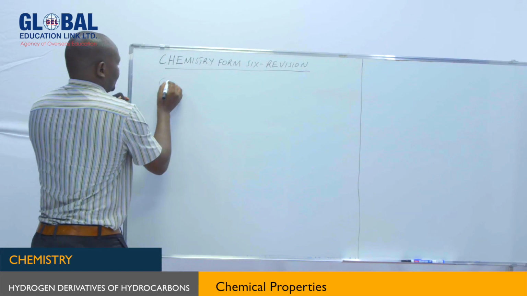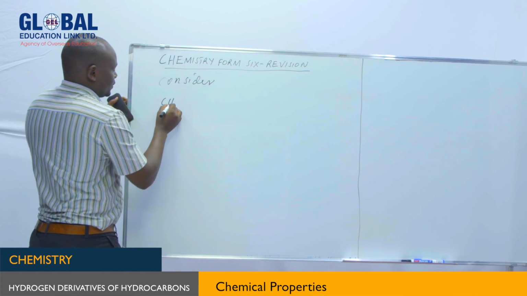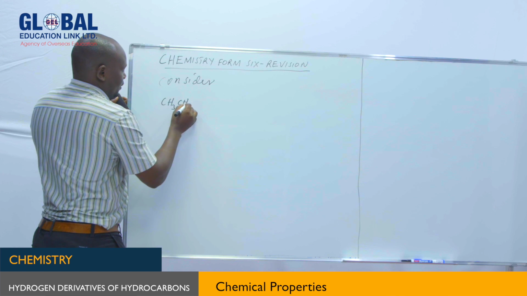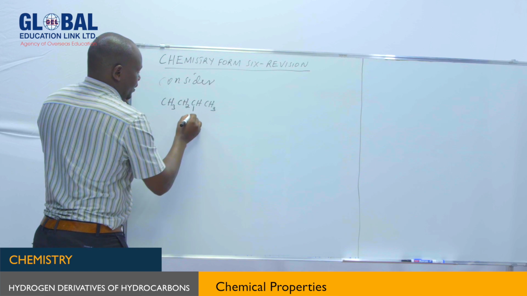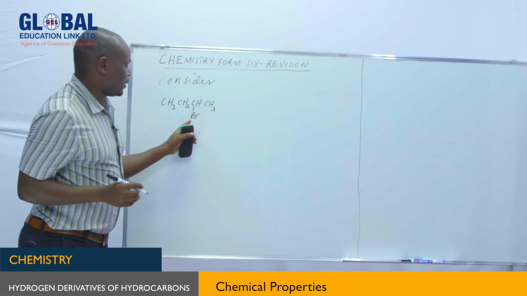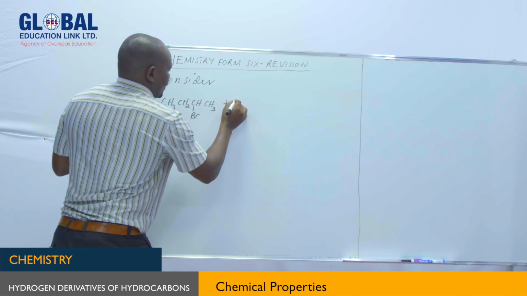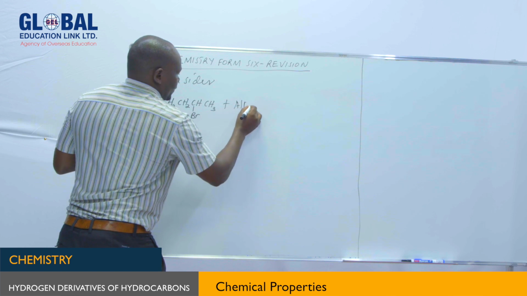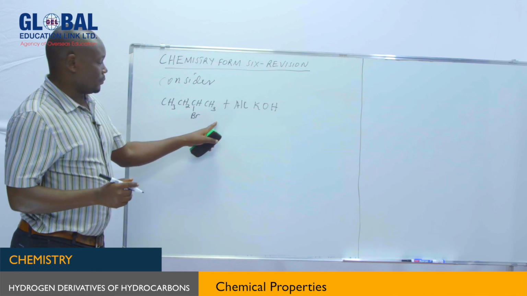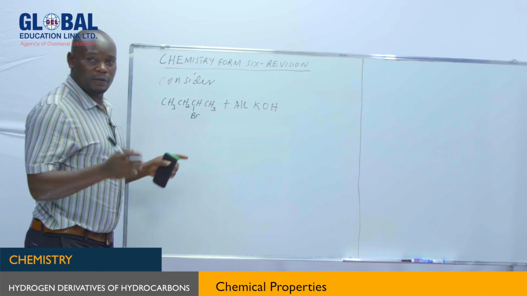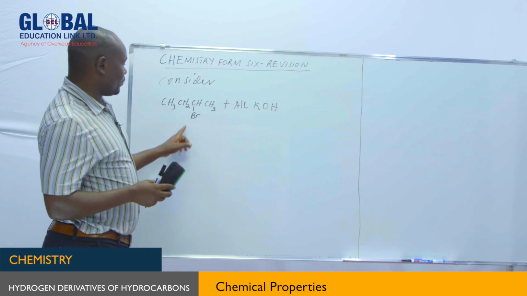Consider the haloalkane CH3, CH2, CH, CH3. Here we have bromine, which is our halogen. Now from this one, if treated with alcoholic potassium hydroxide, this kind of haloalkane will give two products, and one of the products will have the double bond between